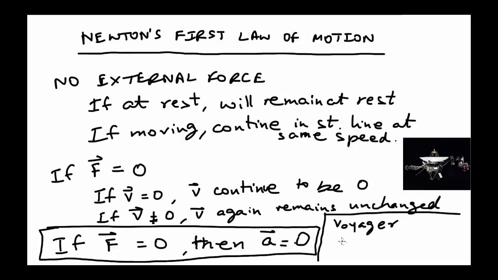So what are they doing now? Well, they are traveling at a speed of 40,000 miles per hour in a straight line. So they're speeding through space faster than a bullet. And why are they doing this when they have run out of propulsion fuel? Simply because that's all they have been doing. And far away from all of the other objects and far away from any material that will cause any friction or drag, they really don't have any external forces acting on them to speak of. So they're simply following Newton's first law and keeping an unchanged velocity.